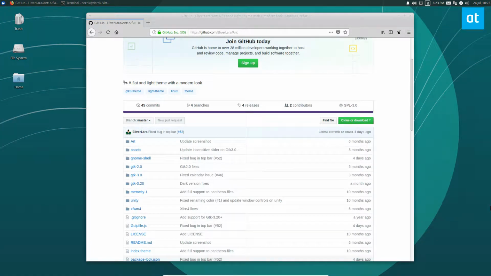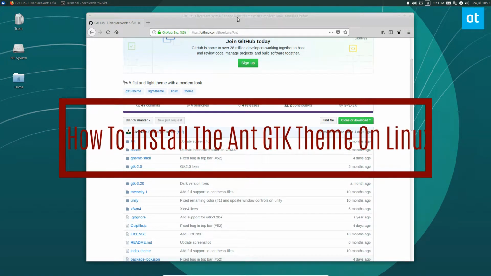Hey everybody, Derek here from Addictive Tips, and in this video we're going over how to install the Ant GTK